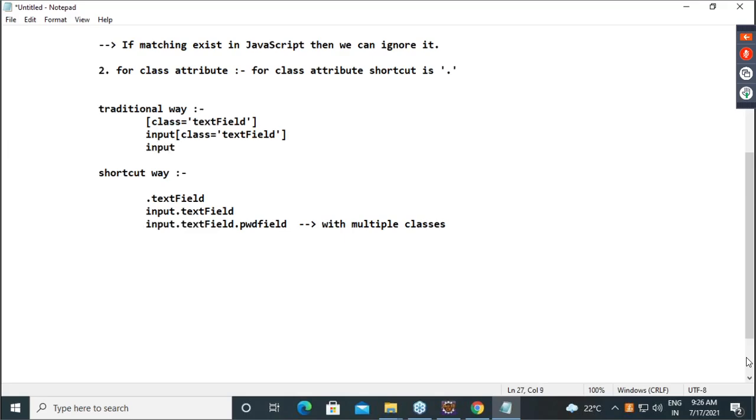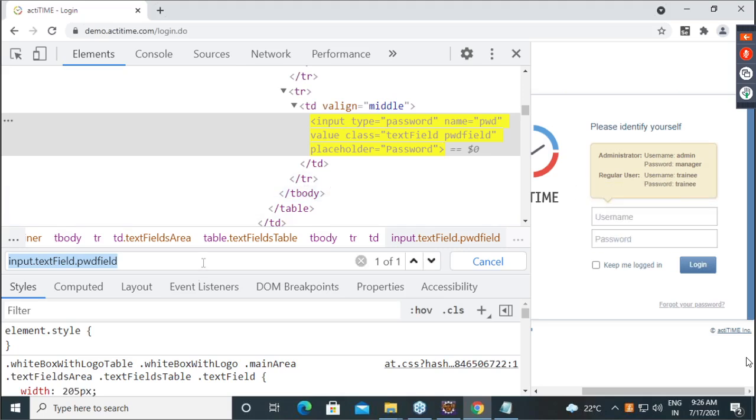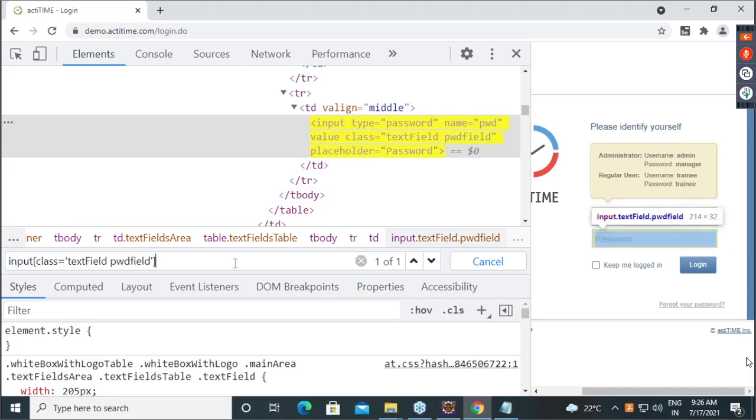Input, class equals text field space PWD field, because in a traditional way we have to give it as it is. So check this. Small only. Okay, so the traditional way is also working, no problem.